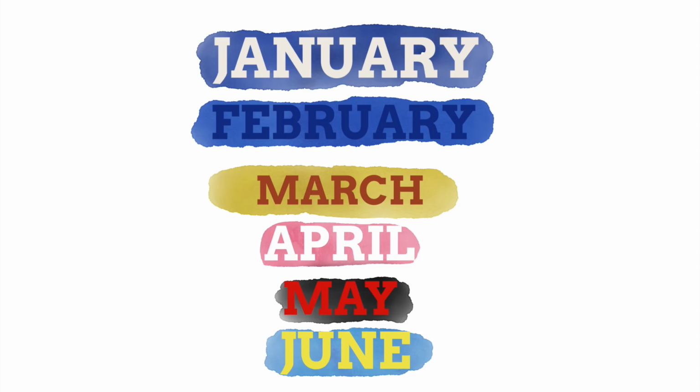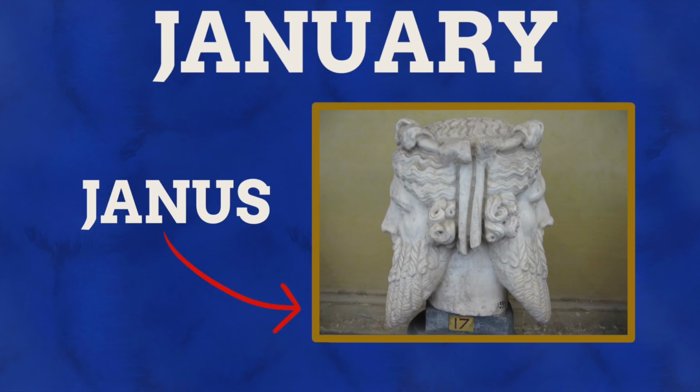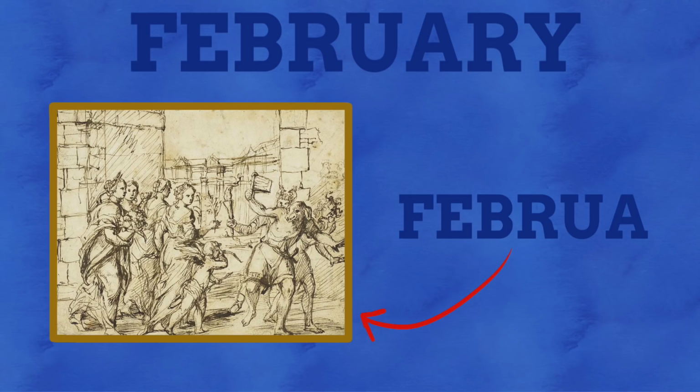January to June seem to all be more or less named after deities, with January being named after Janus. With Janus being the Roman god of doorways and beginnings, it makes sense for the first month to be named after the god of beginnings, as January is the beginning of the year. February is not named after a deity, but a festival that takes place on the 15th of that month,